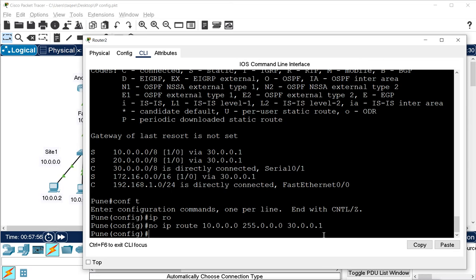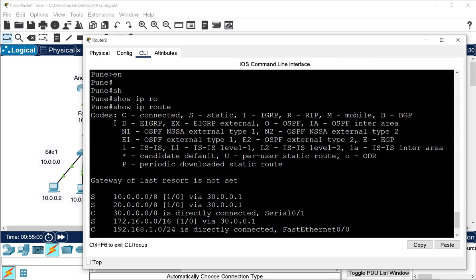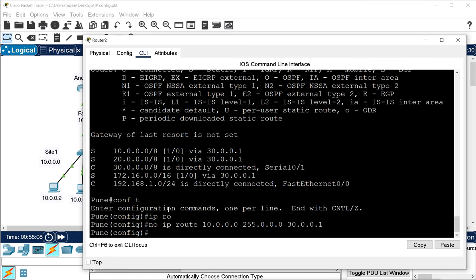Now when I check, and one more thing, remember the show commands we always give in privilege mode only. Show commands only work in privilege mode. But now I am in the configuration mode, doing some configurations, and I want to run the show command. So I have to go back to privilege mode to run it and then come back to config mode. If you don't want to do that, you can even run the show commands in config mode also.